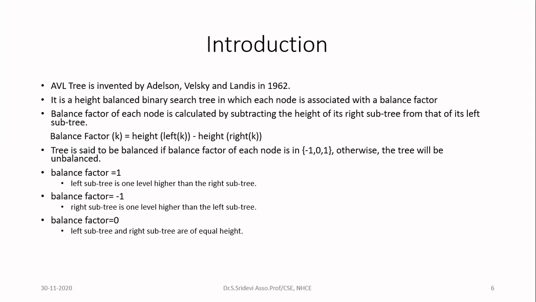So to conclude about the balance factor, the permissible balance factors in an AVL tree are -1, 0, and 1 for all the nodes. If the balance factor is 1, it means that the left subtree is 1 level higher than the right subtree. If the balance factor is -1, the right subtree is 1 level higher than the left subtree, because of the way we substitute in this formula. If the balance factor is 0, both subtrees have the same height. This you have to calculate for all the nodes in the binary search tree, not only the root node.